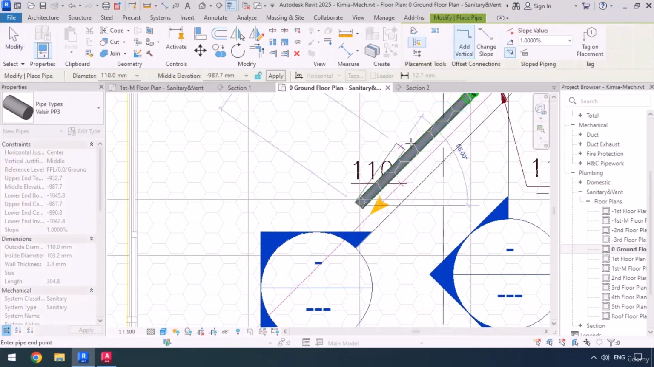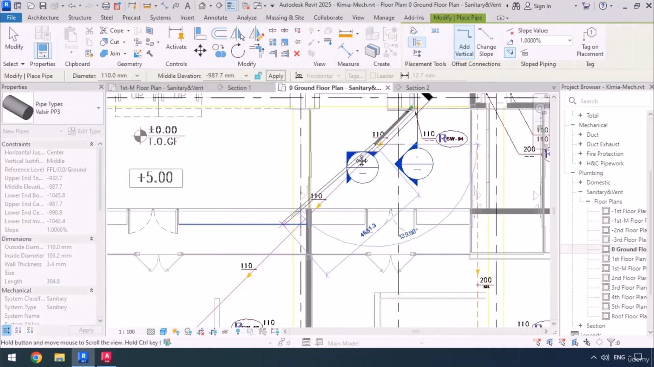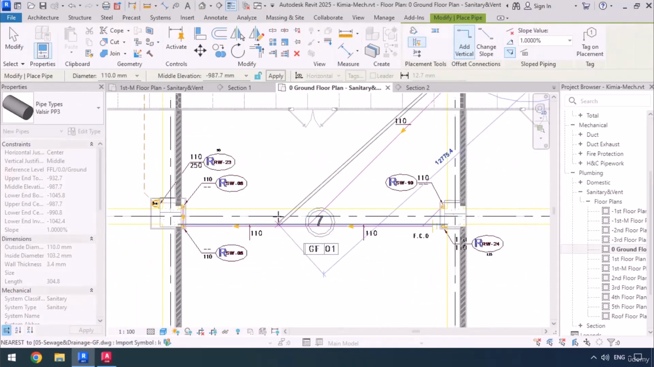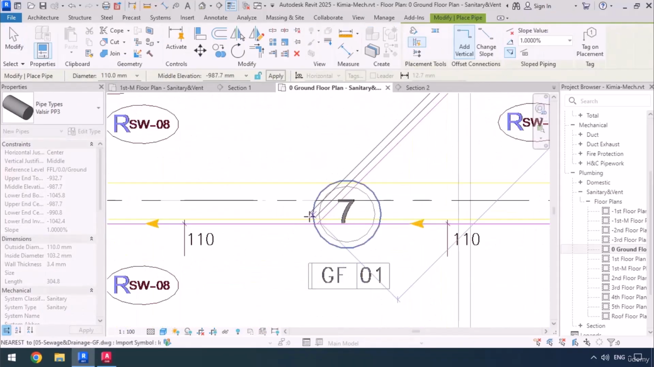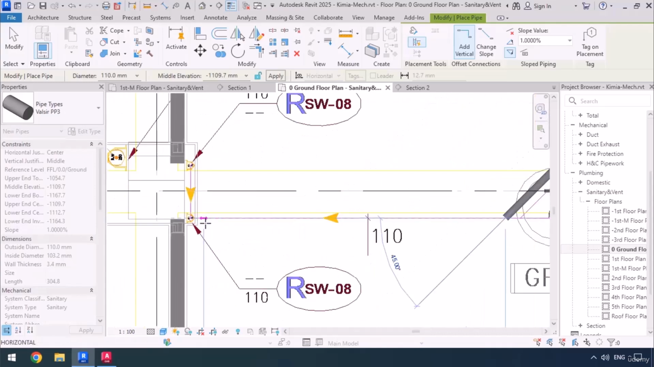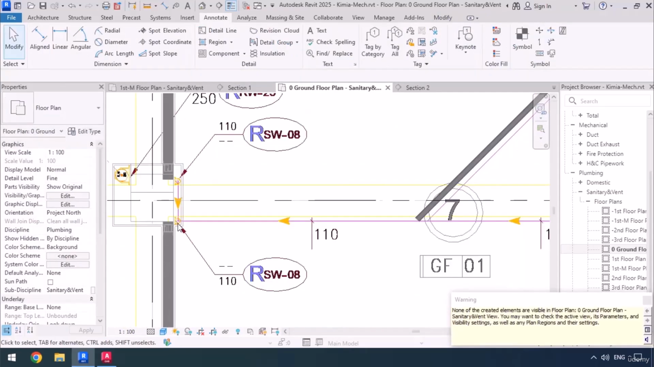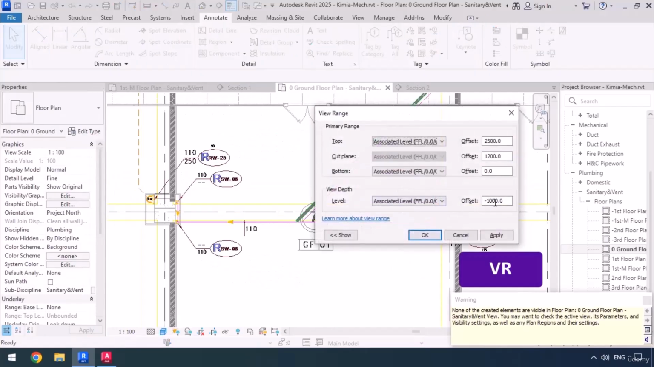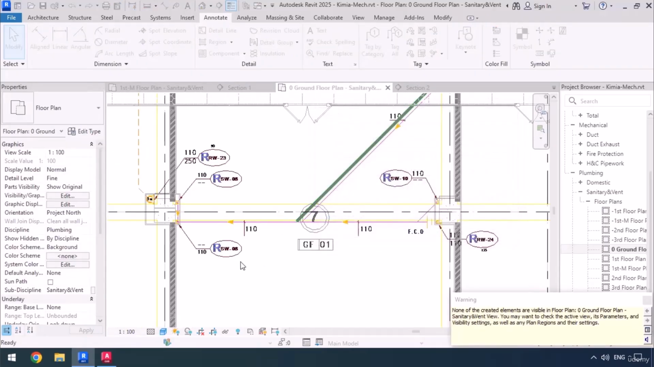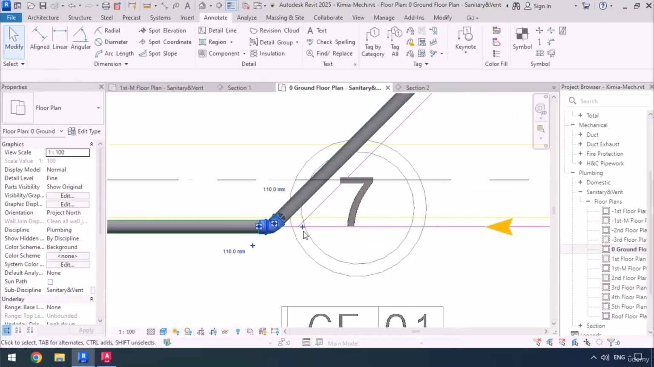Now right click, draw pipe, make sure slope is down, and now I'm going to draw downwards at 45 degrees, then stop here, then go to the left, and I'm going to draw to the next riser, and once again we can't see it because of the view range. So let's hit VR, then make the depth offset -1500. Click OK, then select this elbow, click on the plus sign to convert it to a T,